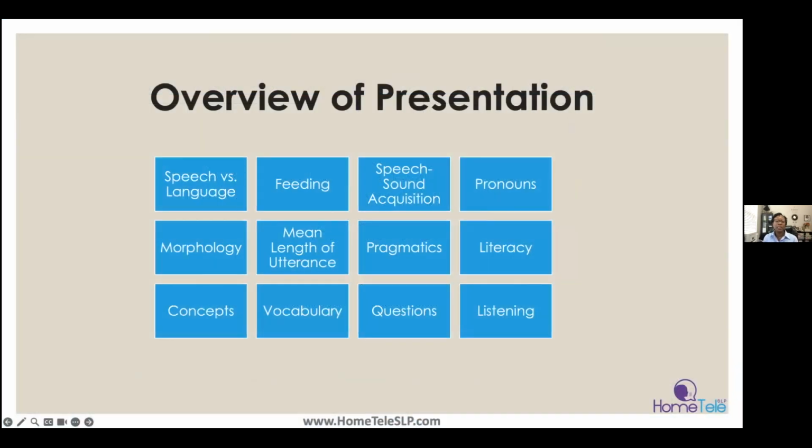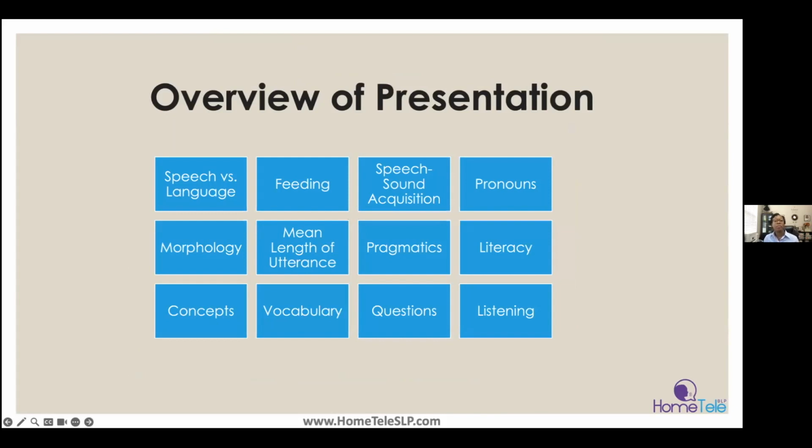During today's presentation, there will be several areas of speech and language development that we will cover. These areas vary based on the age of the child. When children are younger, there are certain developmental milestones, for example, that they should be reaching when it comes to feeding. When they're older, they've already mastered those skills earlier, so they're not something that we're going to cover as much today for a child between the ages of 4 to 5.